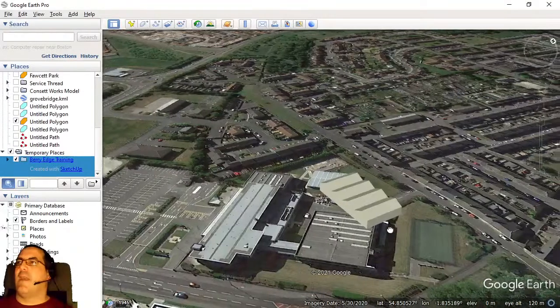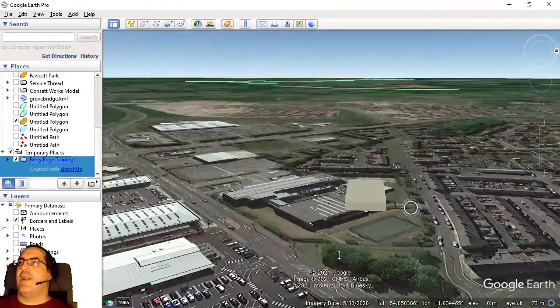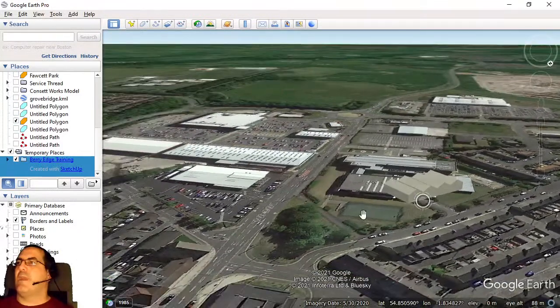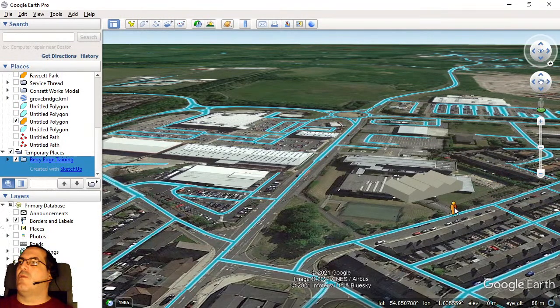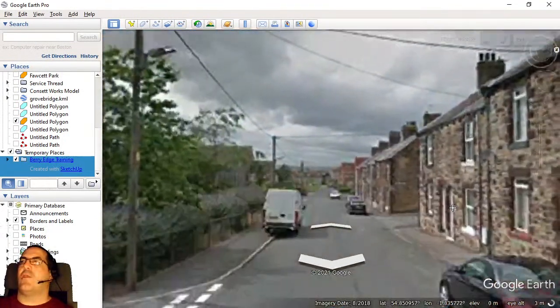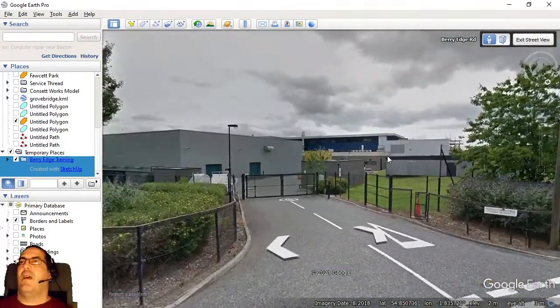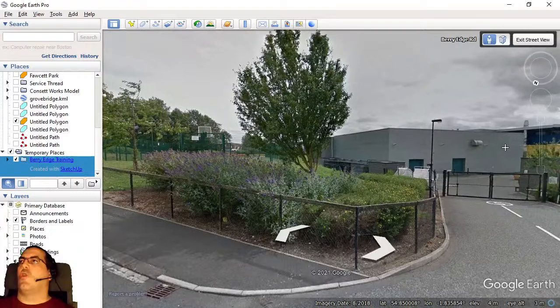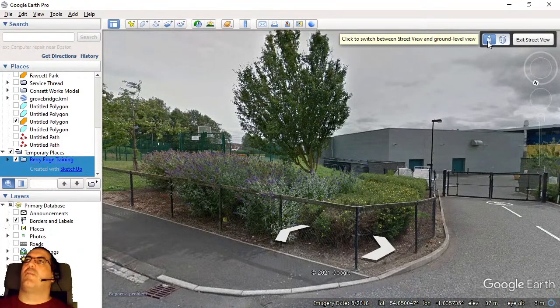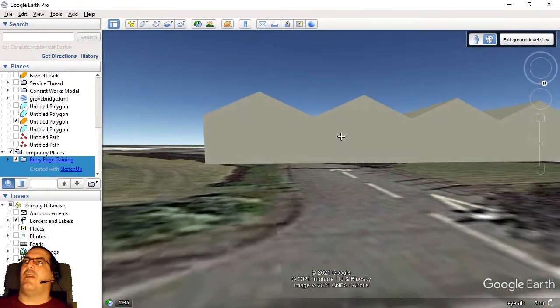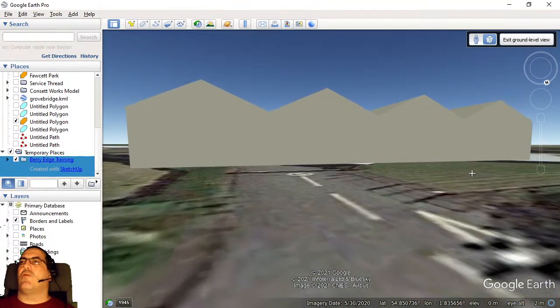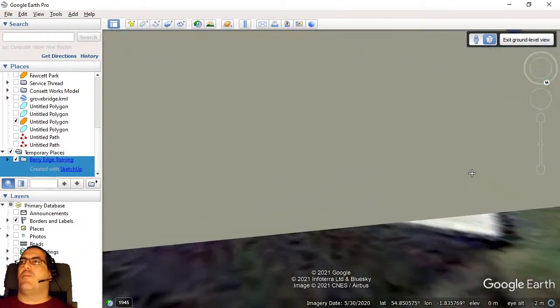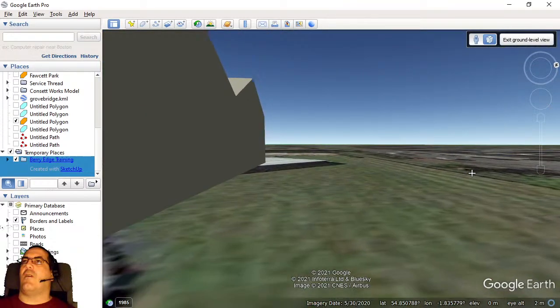It looks a little bit more like the set of huts that were there originally. Quite cool in fact. Now what you can also do, and I quite like doing this sometimes, is drag your street view and use Google's Street View system to go down onto a model and position it so that you're looking at your model, and then toggle between street view and ground view mode. So if I go into ground view mode, there you go, there's my Berry Edge Training Workshops, and if I use my arrows to navigate, I can walk right up to the building and walk around it